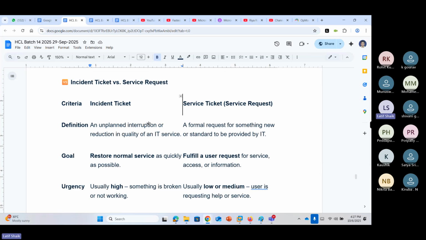A service request is a formal request for something new or standard to be provided by IT. When an incident ticket occurs, restore the normal service as quickly as possible. A service ticket is to fulfill the user request for service, access, or information.